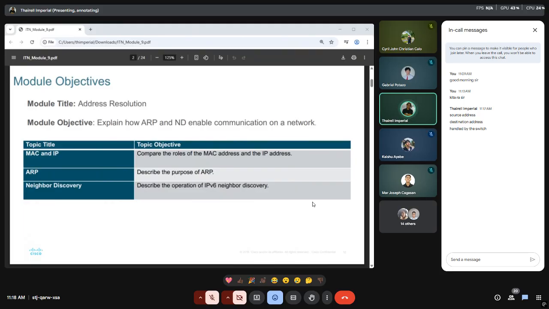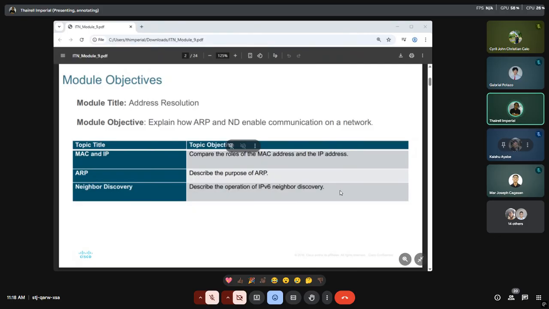It doesn't start from your router. They are not generated from your intermediary network devices. They are basically generated from your end device. So this information has to be created initially so that it will be handled by the switches or by your routers.